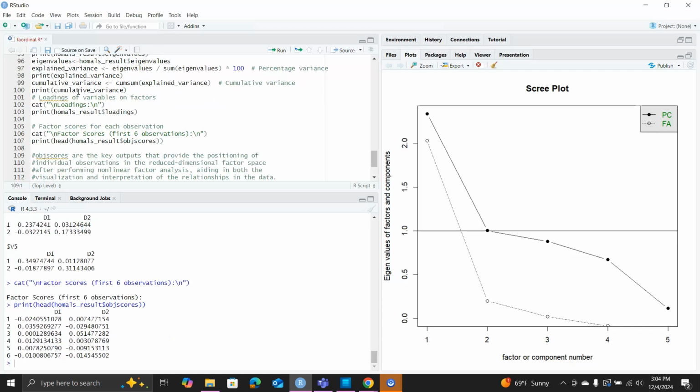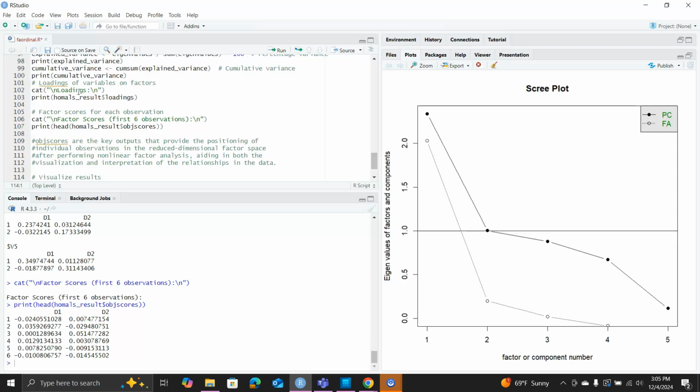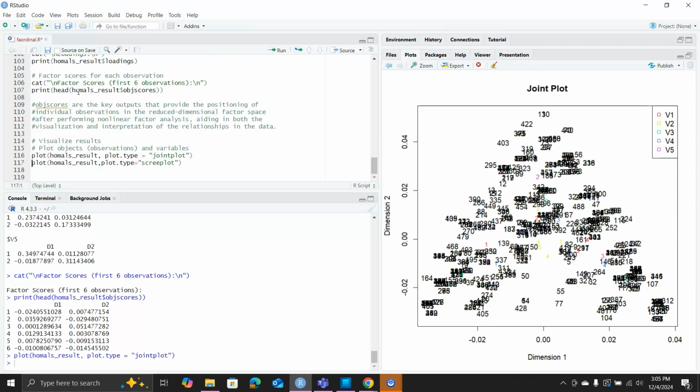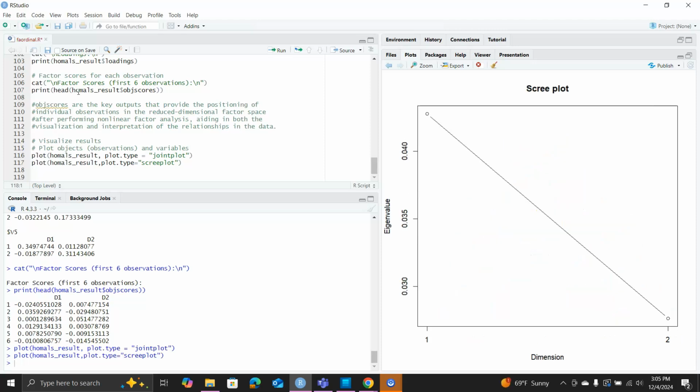Now these are more in line with the traditional factor analysis. Okay, and you can get the objective scores. So these objective scores really provide the positioning of individual observations in the reduced dimension factor space, and you can do visualization for your clusters and all that. For example, you can plot out the joint plot, or the scree plot. A scree plot is really bad. I only get 2 factors here. But anyway,